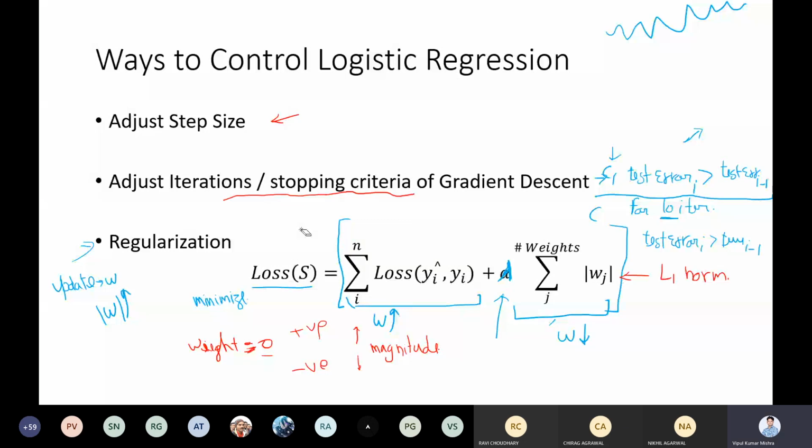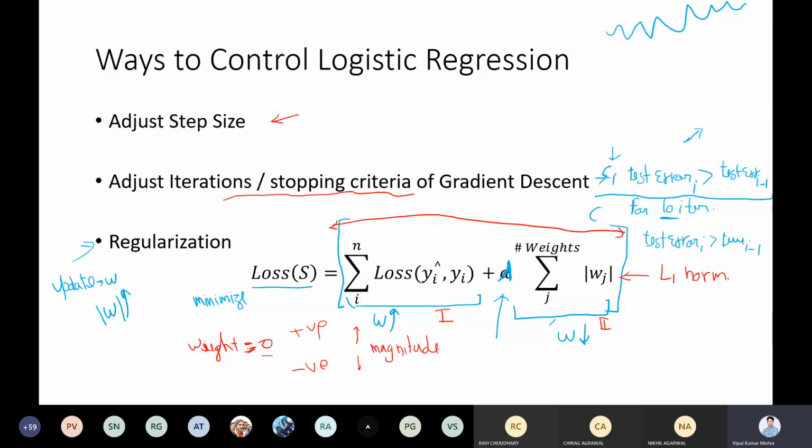Right. If you look into this loss function, now your loss function is modified, and it will become a combination of these two. So now our learning algorithm will try to reduce the total value, which includes the base loss as well as the weights summation. In that case, what will happen? Let me represent this as the first part, and this is the second part. So what will it do?